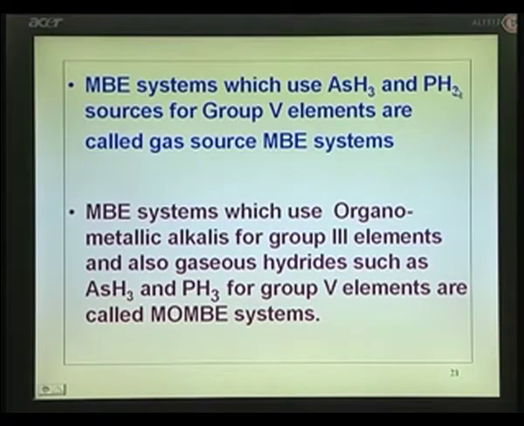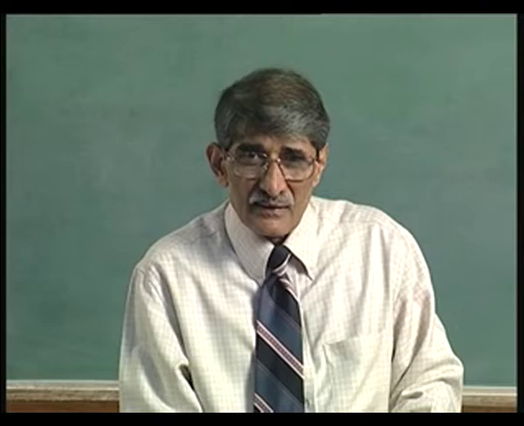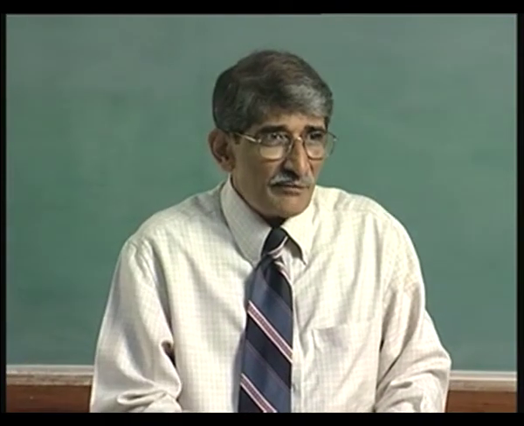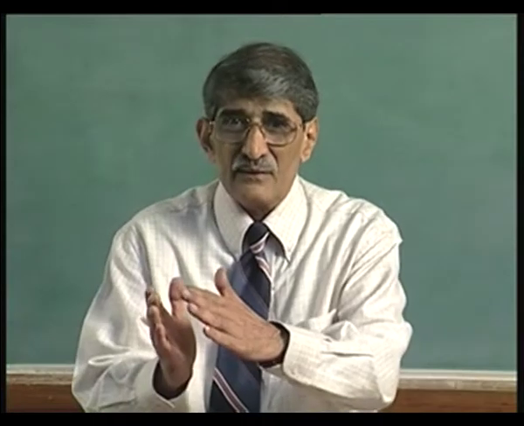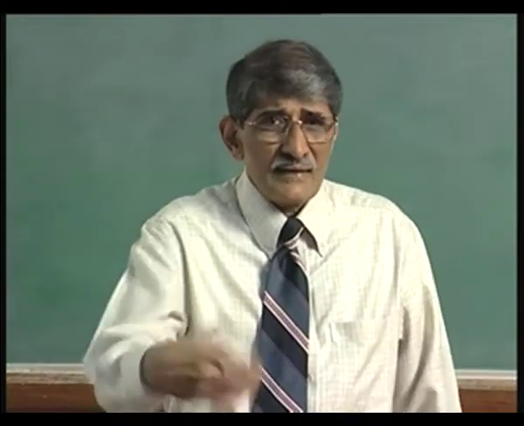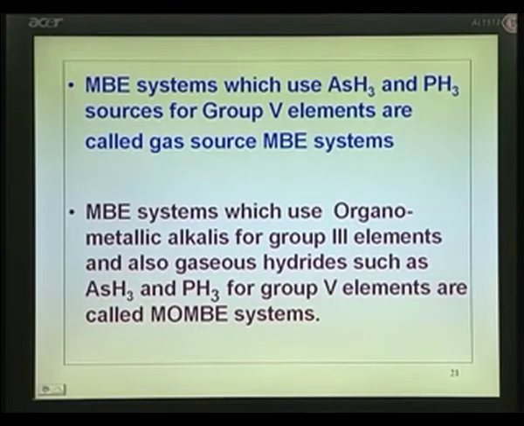Do not use elemental phosphorus, do not use elemental arsenic, use arsine and phosphine gas, and the gas source is outside the chamber. You have a flow meter, a mass flow controller, and the gas will enter into the chamber instead of the K cell. There you can crack it by heating it up. So, when you use arsine and phosphine for the fifth group alone, they called it gas source MBE,